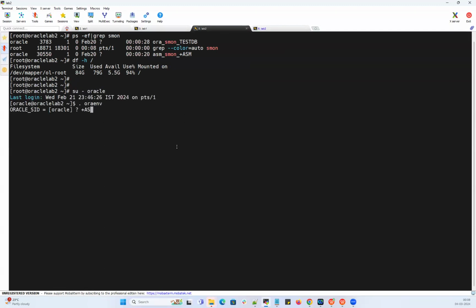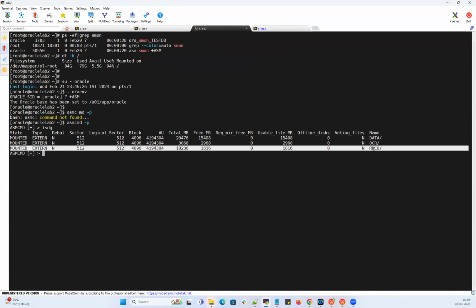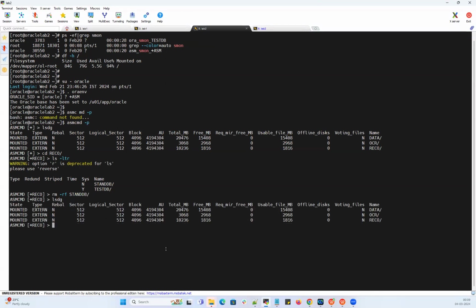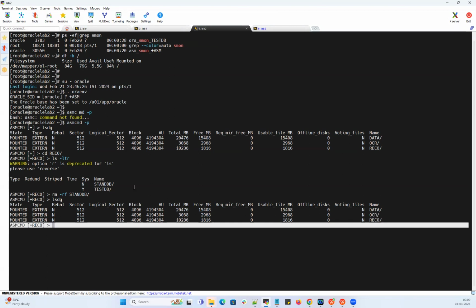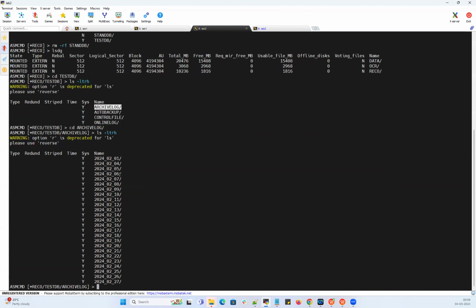I can quickly connect to my ASM instance. asmcmd -p. lsdg. So my RECO. Let's quickly go inside that. I can go ahead and remove this one. Enter directory. So lsdg. Now let's go into test one. Okay, log. Right, I can go ahead and remove my